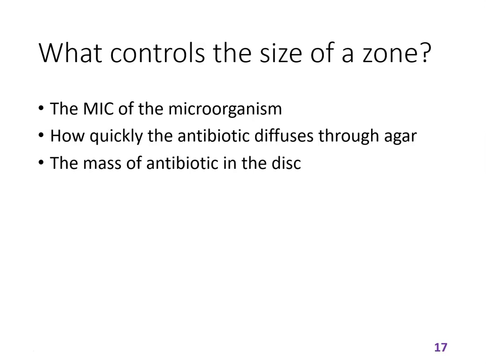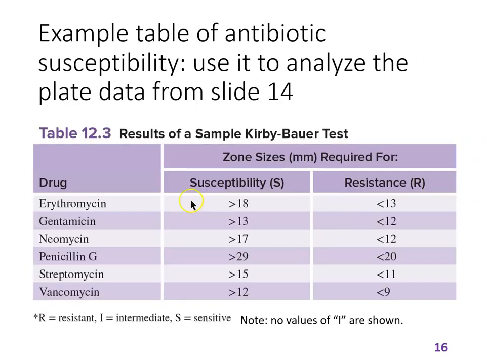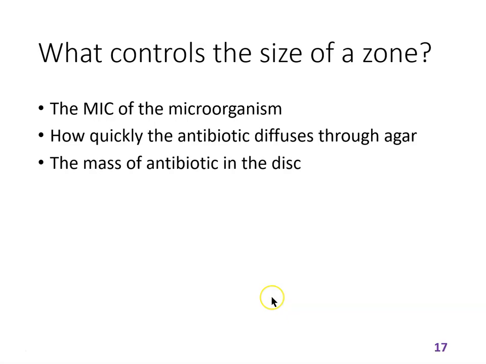Well, another thing that controls the size is how fast the antibiotic diffuses through the agar, because big molecules diffuse slower than small molecules do. That's physics, and it's complicated. And so we can't go out and predict how big a zone would have to be. Instead, we just measure this empirically. And anyway, that's why if you look at the table, you need a different entry for each one. It's just the different properties of these antibiotics are going to determine how they diffuse and how susceptible bacteria tend to be to them. And then the last one is